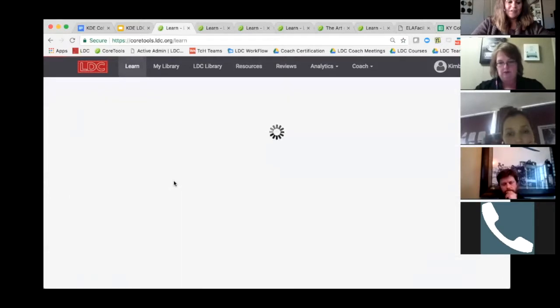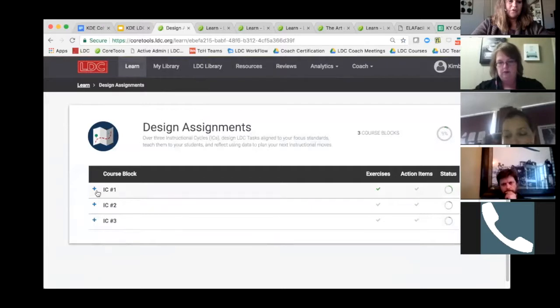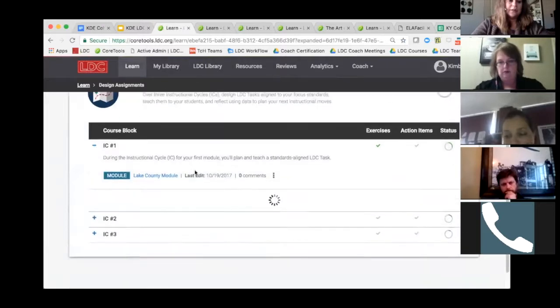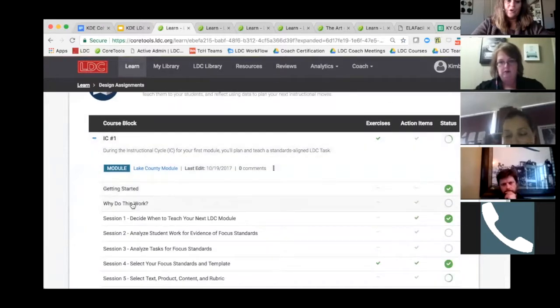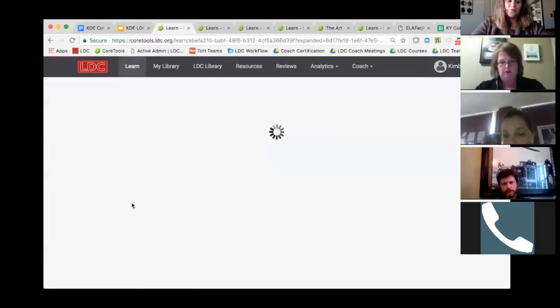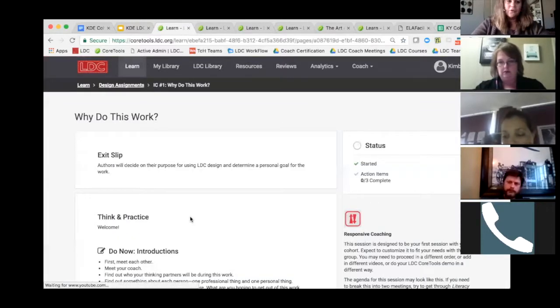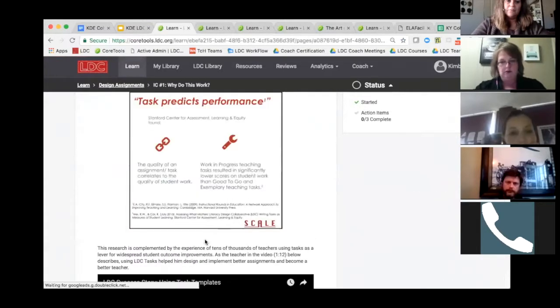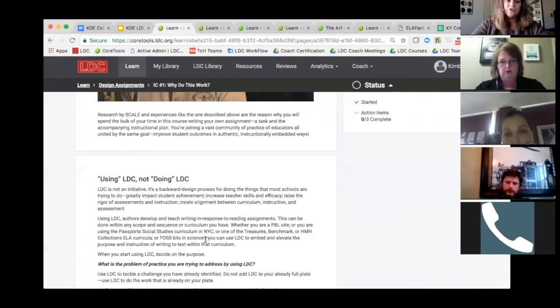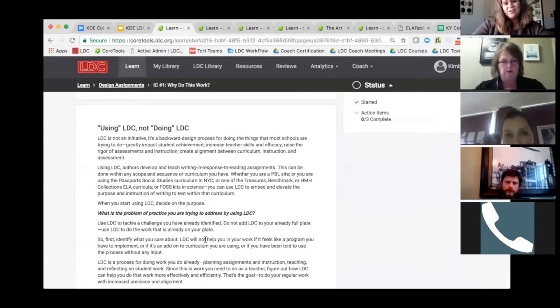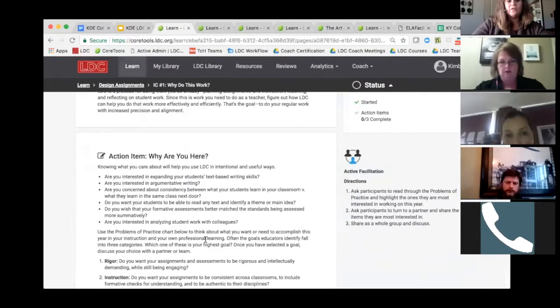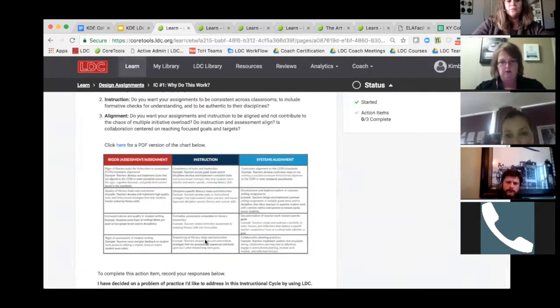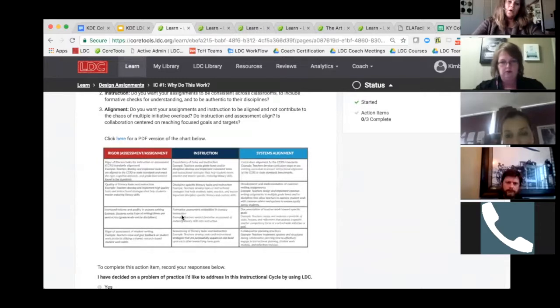When I get into design assignments, and we'll take you on this pathway in a minute and have you go there yourself, I want to go to this "Why do this work" section. It was one of the sections you were exploring in Core Tools. You can see a lot of this task predicts performance, using LDC, not doing LDC, which were some of those highlight points. But why are you here, and really thinking about what problem of practice do you want to